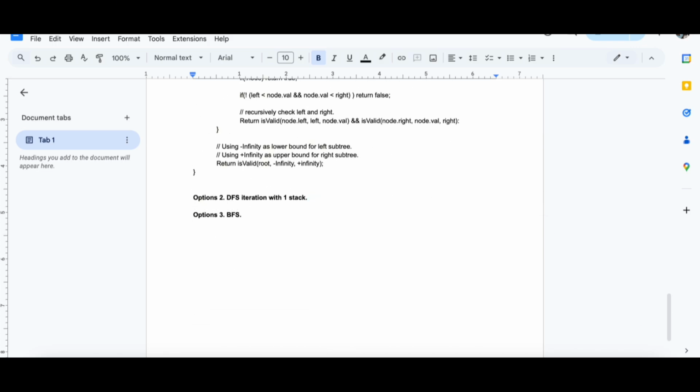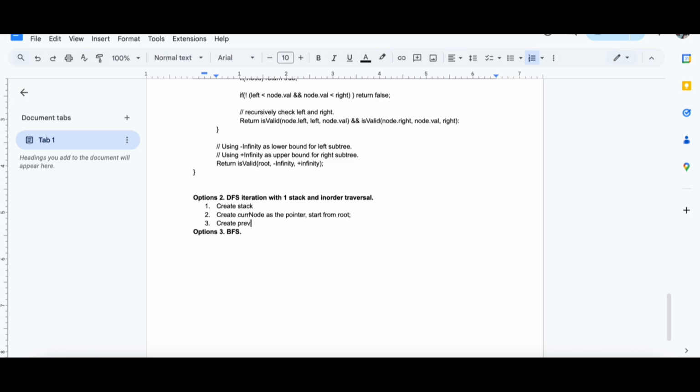How about this? While DFS using stack, we can use in-order traversal. So first, we gonna create a stack. Then we gonna create current node as the pointer, start from root, right?